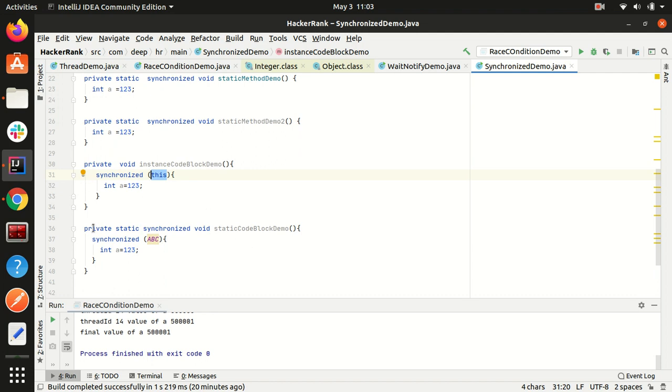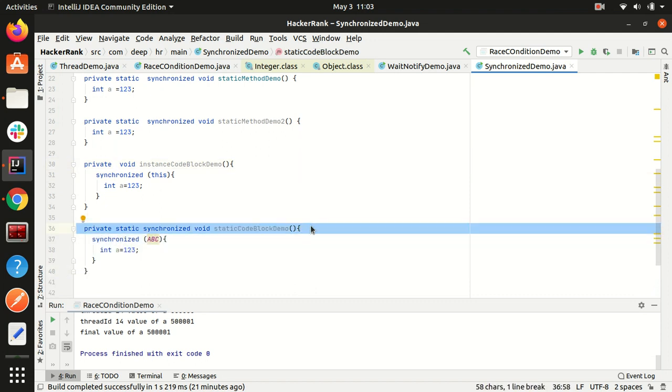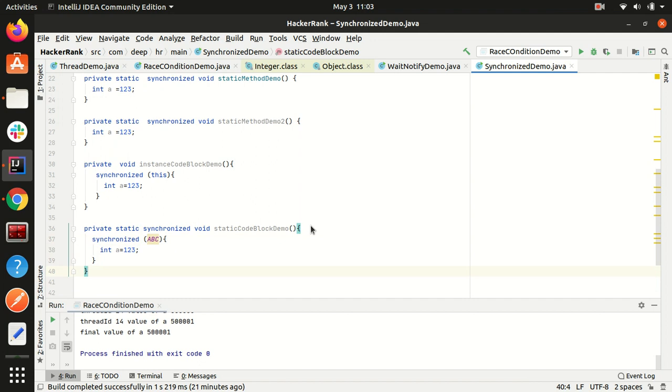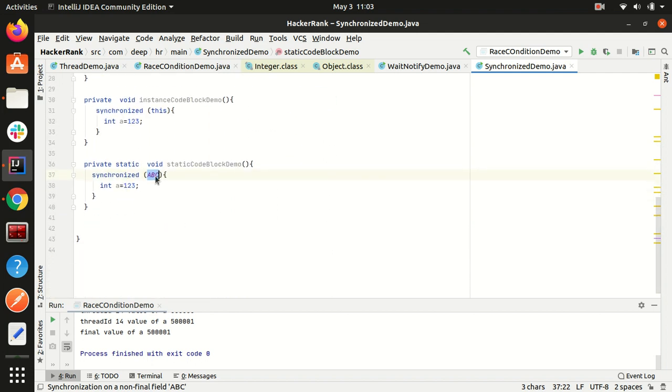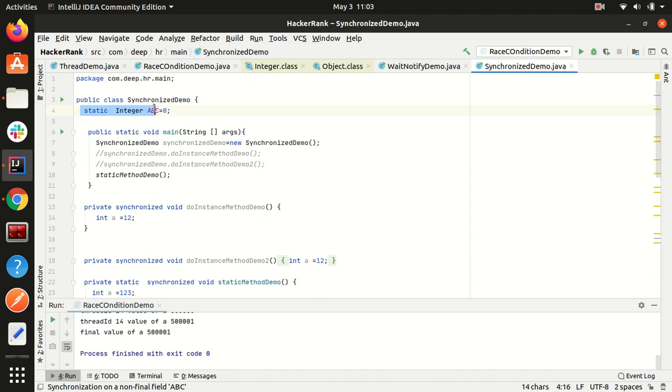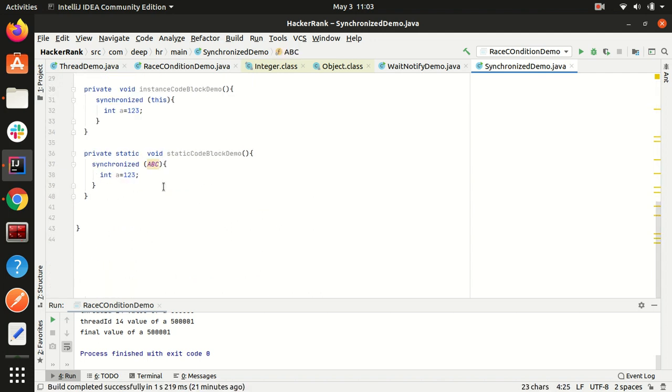And similarly, if you want to check the static code block demo, here what we have done is we have created a static method inside which we have used the synchronized keyword. This is the fourth usage of the synchronized keyword. Here you can provide an object on which you want to take the lock. Only two kinds of objects can be provided. One is the class object, the same object that was being used when you were using the synchronized keyword as the method synchronization of a static method. Or you can create a static variable, as I have created here. You can say static int abc equals 0 and take the lock on that.